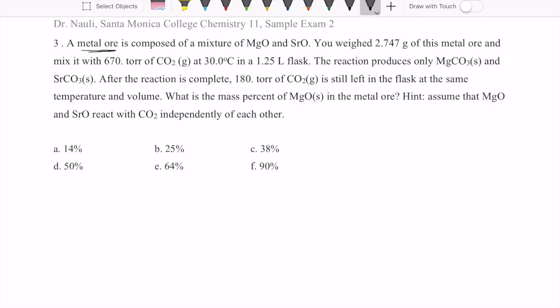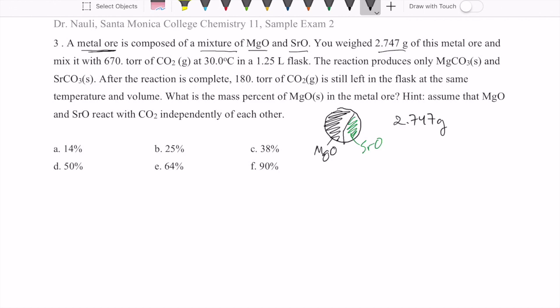Anytime you see the word ore, it always means that there's a couple of things in it. It's basically something that has metal and metal oxide, some combination of those things. And so this one is composed of a mixture of two things, magnesium oxide and strontium oxide. So the way you want to visualize this thing is that you have this ore and some portion of that, color that black, is going to be magnesium oxide, and then the other portion of it, color that green, is the strontium oxide. And we don't know how much is each one, but when you weigh it, you find that this whole thing is